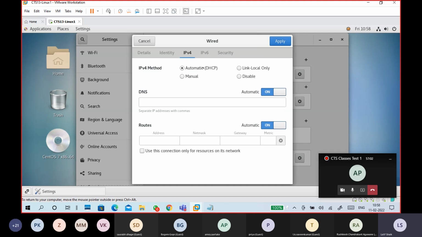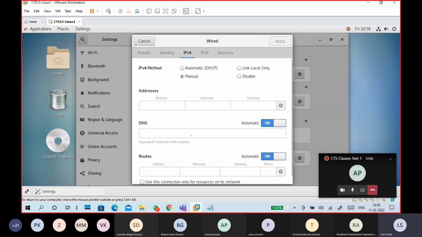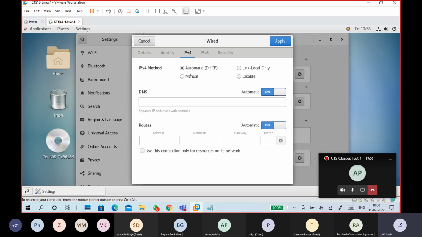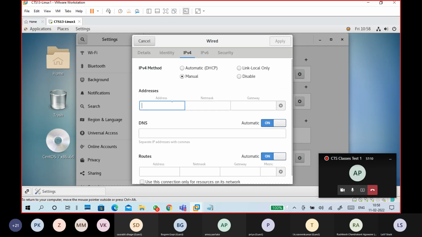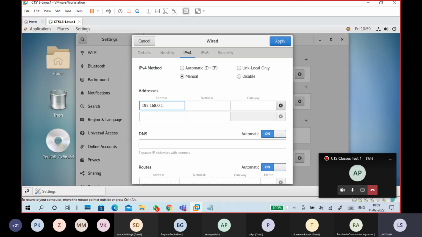Automatic. So I change it to manual. If you want to assign manually, you can assign manually also. First of all you should give your IP address, 192.168.0, maybe 198, maybe 190. I don't know which is available. You must know which IP address is available.